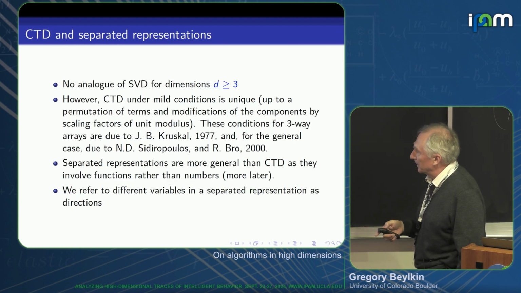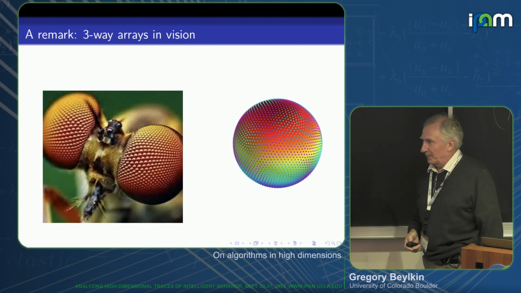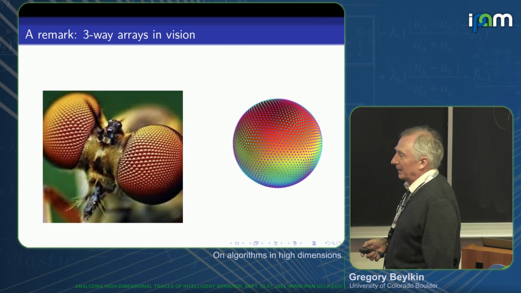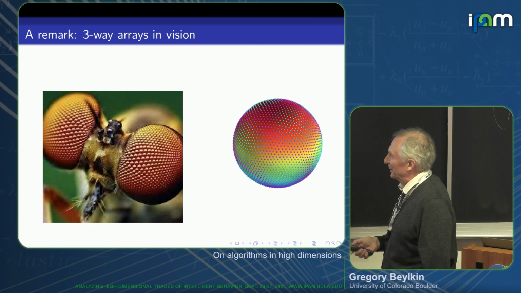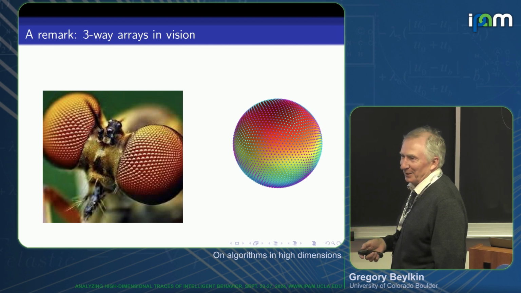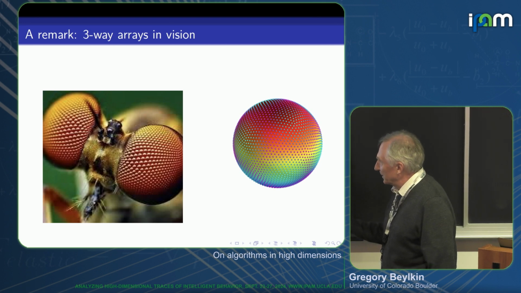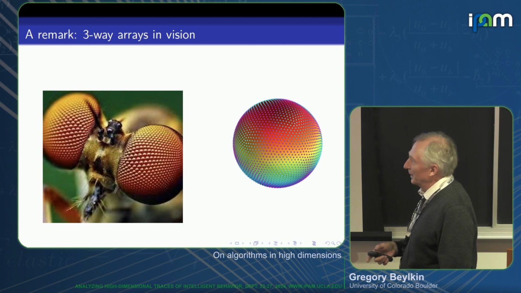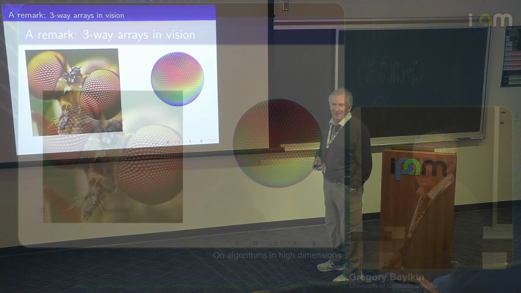So here is, wrong button. Okay, so I inserted this slide. I wasn't planning to do it. On the left, there is some insect. Sorry, I didn't even look what it was. Probably a dragonfly. Maybe somebody can tell me what that is. And you see the arrangement of sensors on the surface of this hemisphere, right? Does anybody know why this arrangement is the way it is? Anybody can tell me.